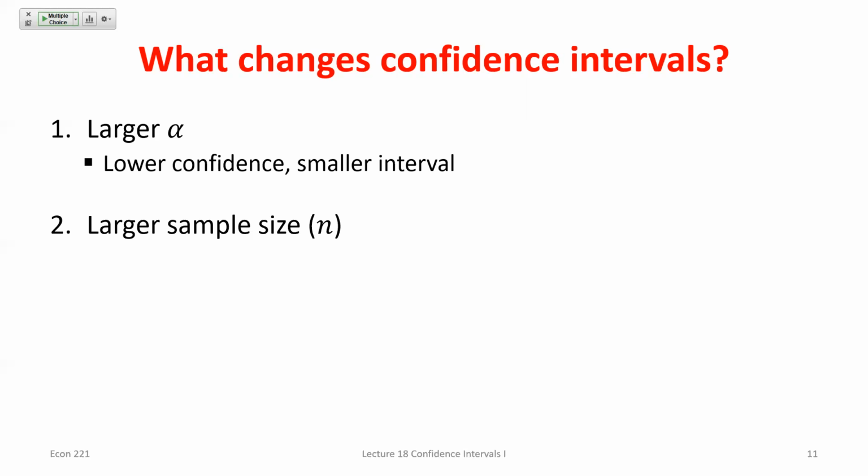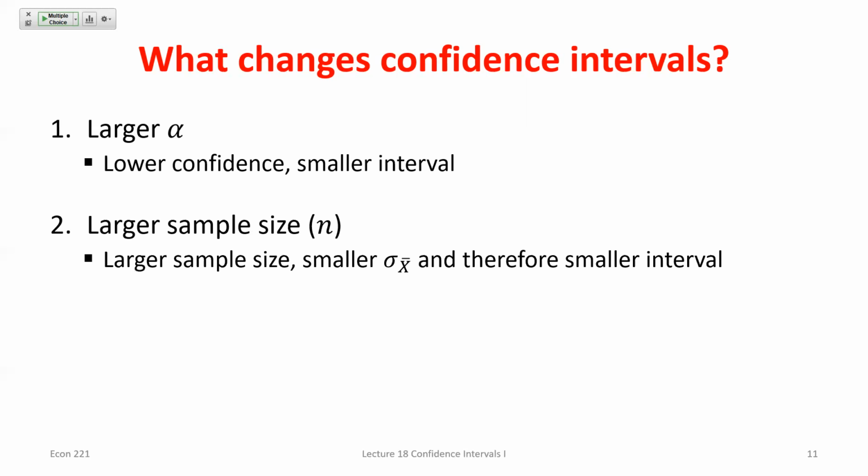I'm dividing by a larger value. Well, if this value gets smaller, I'm multiplying the same z value by a smaller value. The margin of error is smaller, adding and subtracting a smaller value to my sample mean, my interval is going to get more narrow or smaller here as well. And the intuition behind this one is a little bit important. So remember,